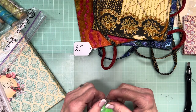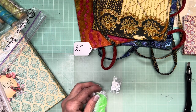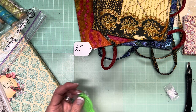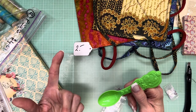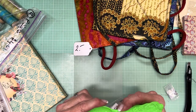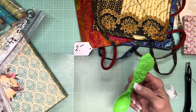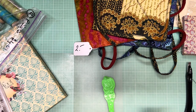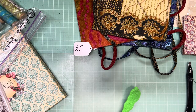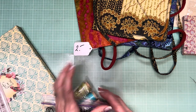Oh, I also picked up this spoon. There was a cute little brass spoon and fork, you know, baby sized, very flourishy, that I thought, oh, wouldn't that be cool to use on the cover of a baby book, you know, as part of a journal topper. This says Lucky Charms, but I thought this was kind of cute. You know, again, 50 cents versus $3 to maybe work into a topper type arrangement. Now, it's probably not going to work with the covers that I have going, but I can keep that for...